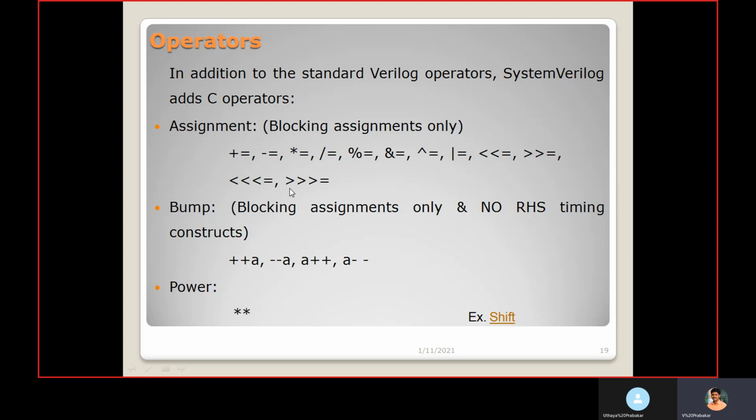Here this is called arithmetic shift. It is used for signed bits. When you perform arithmetic shift, the signed bit will be shifted. When you perform right shift, if the signed bit is 1, that indicates it is a negative number that will be shifted. 1 is shifted and 1 will be appended here. The left shift will operate like a normal left shift. The bits will be shifted to the left side, and 0 will be appended at the end.